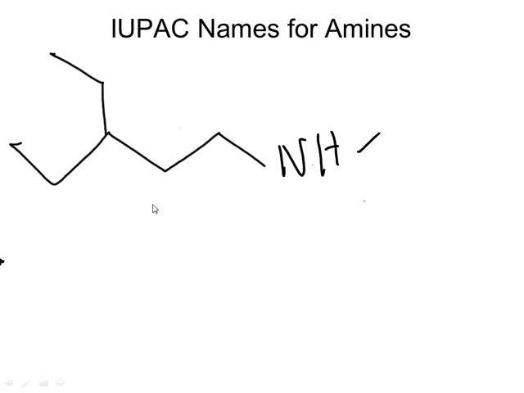So it was like this. We go 1, 2, 3, 4, 5. Actually, I'm going to make it a little more interesting. I'm going to change it here. I'm going to make this